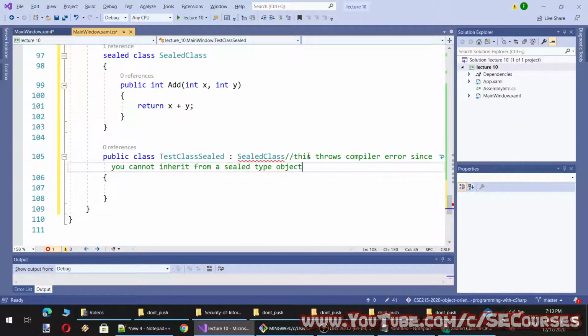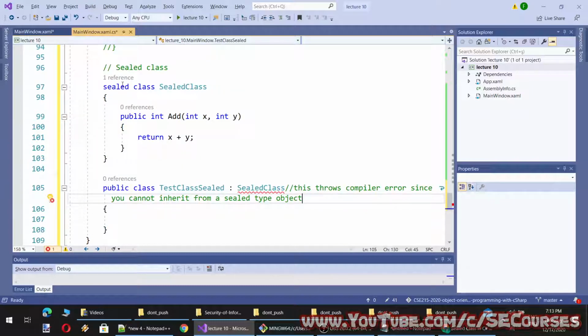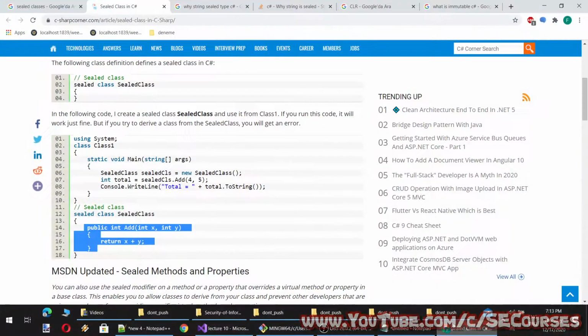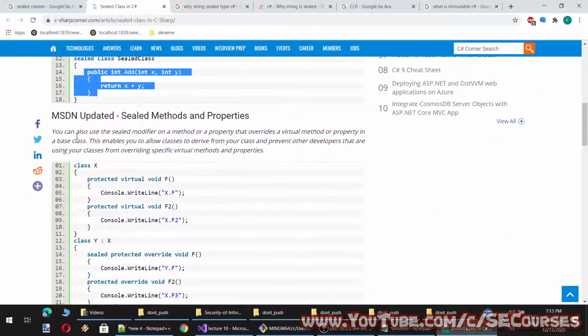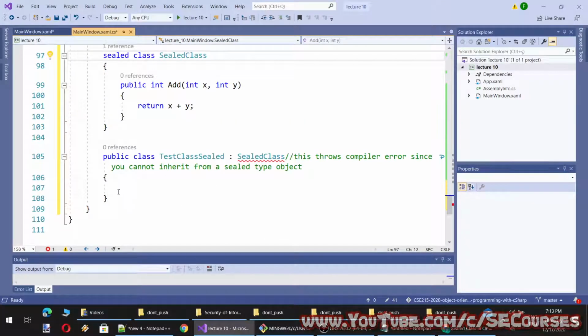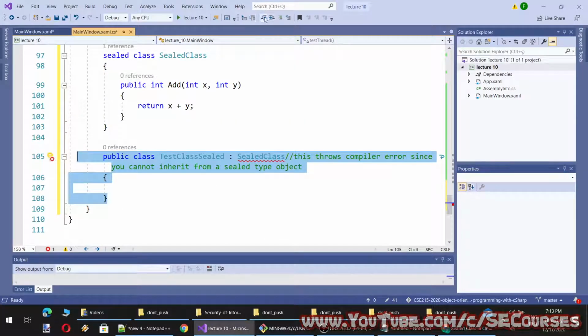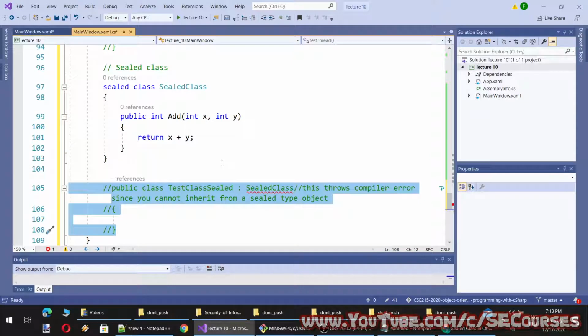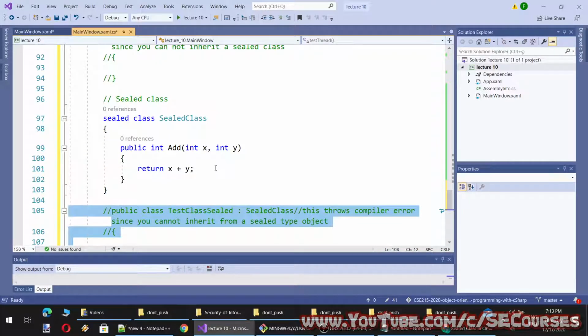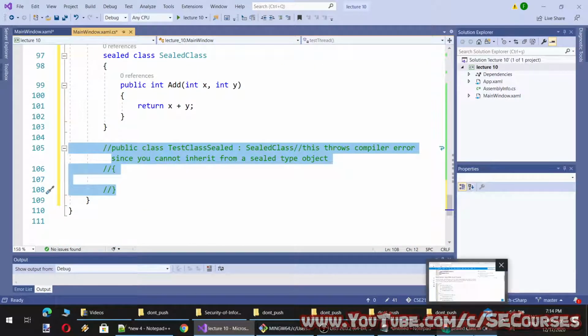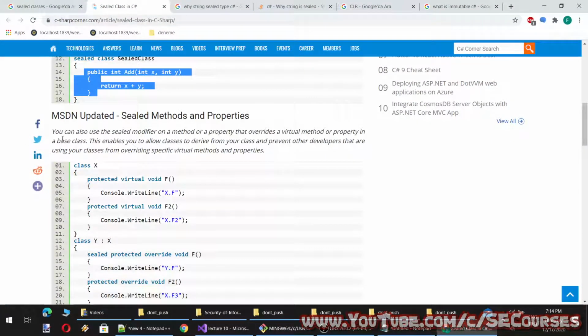By the way, we can use the sealed keyword for other things as well, I think. Okay, so this will also fail. I am going to comment it out so it won't cause any problem when we run the application.